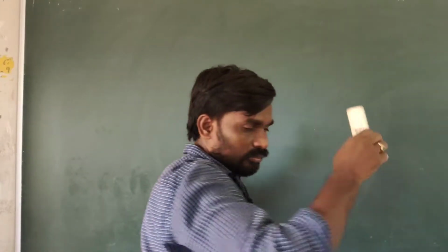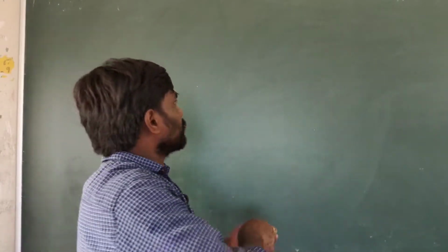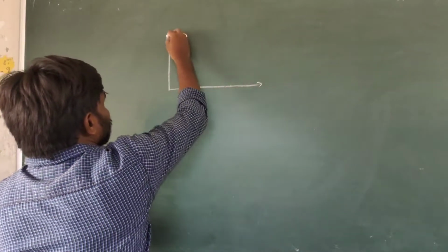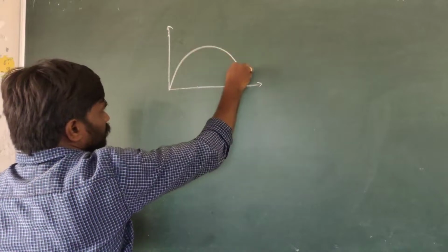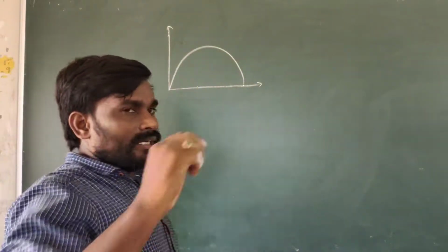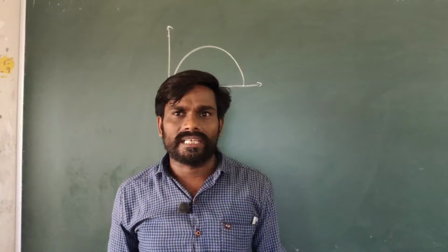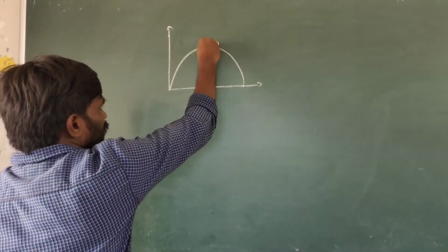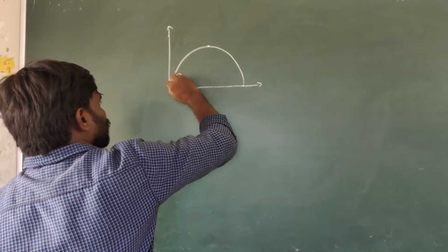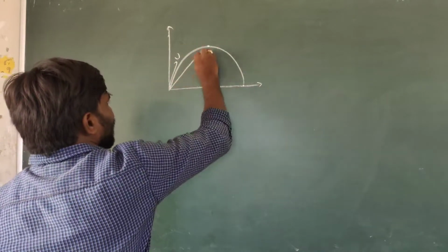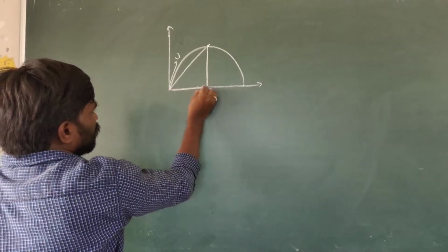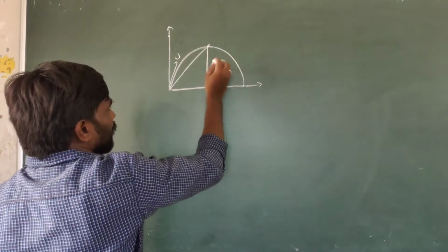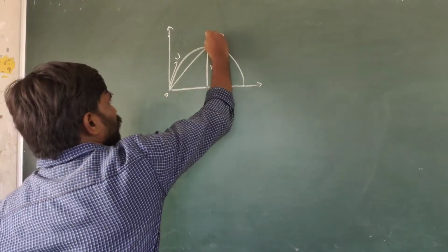Next, another important problem: when a body is projected with some initial velocity, the body moves in a parabolic path like this. What is the average velocity of the body at maximum height? This is the highest point, or maximum height. At this point, find out the average velocity. The initial velocity of the body is u. After reaching the maximum height, the final velocity, you want to find the average velocity. This is the maximum height h. This is O, and we'll take this point as S.